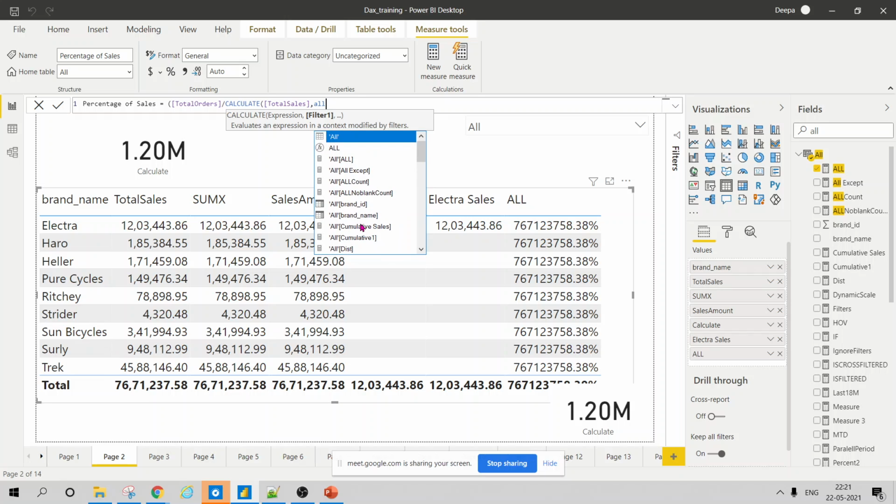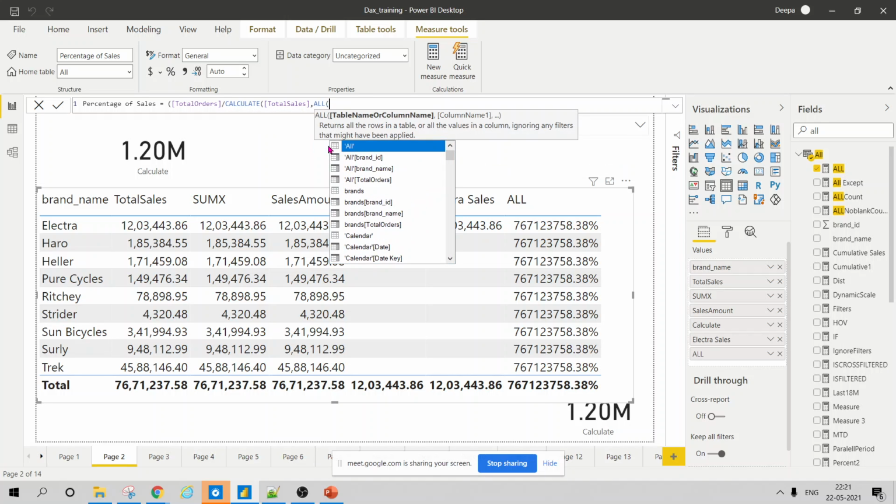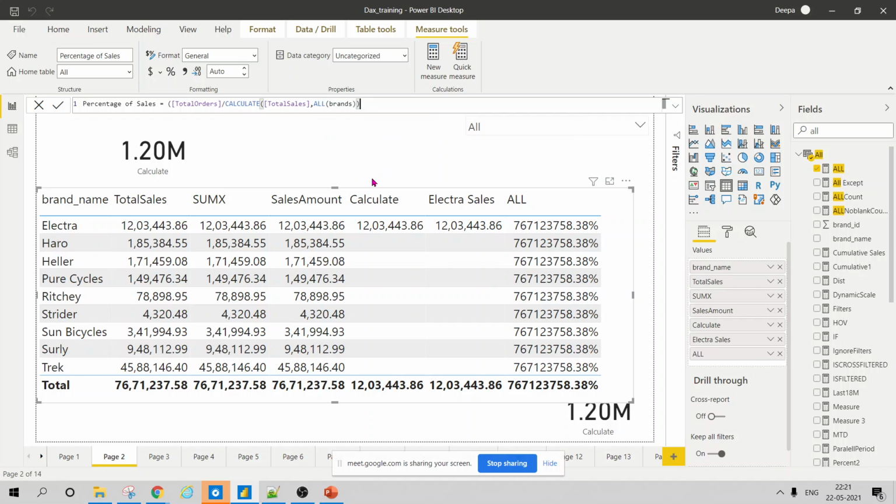Let's see, we have that. So it's a table name or column name? I would give the table name. So this is fine. Now I've closed my brackets and I'll give it multiplied by 100.